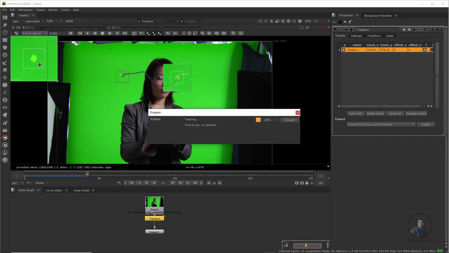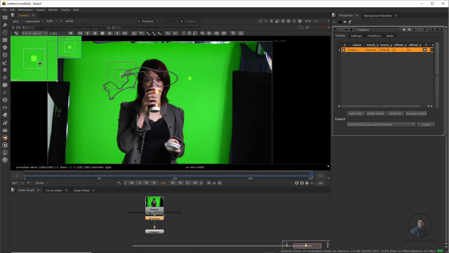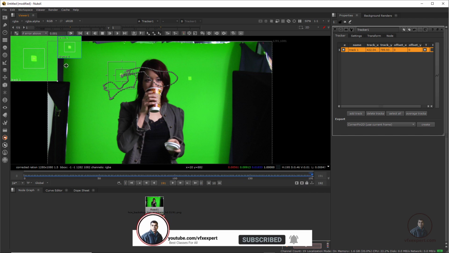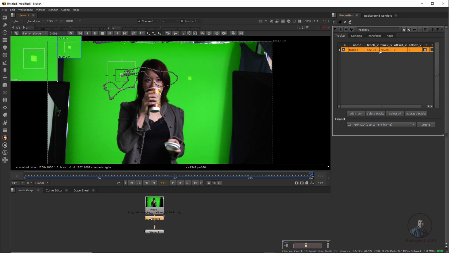And we have to focus. If there is any slipping, then we have to adjust. Here I have tracked our one tracker successfully. Then same as this, the second one also we have to track. Remember, if there is any problem in a tracker, then you can select this tracker from the tracker panel on the right side and click on delete, and you can add new trackers and track again. Okay, so now I am going to track this one.